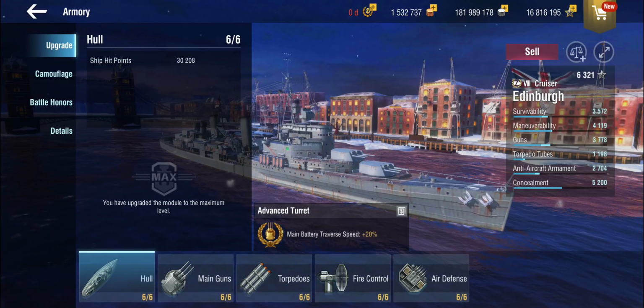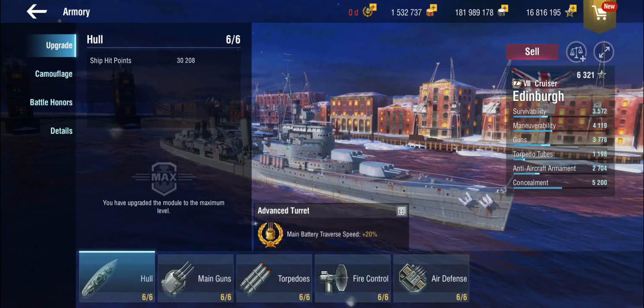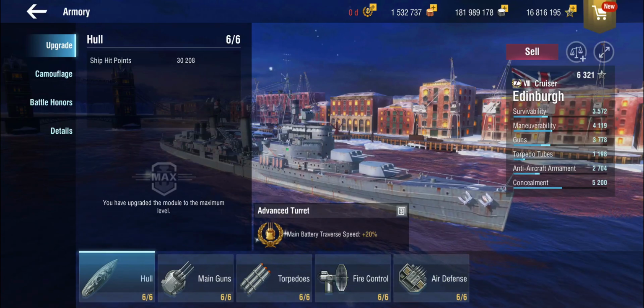I think it was in the 1980s when they finally managed to recover the gold, and they managed to do it without disturbing the ship too much in her final resting place. Fascinating stories. But that brings us back to the Edinburgh in game. Now, obviously, Edinburgh is a